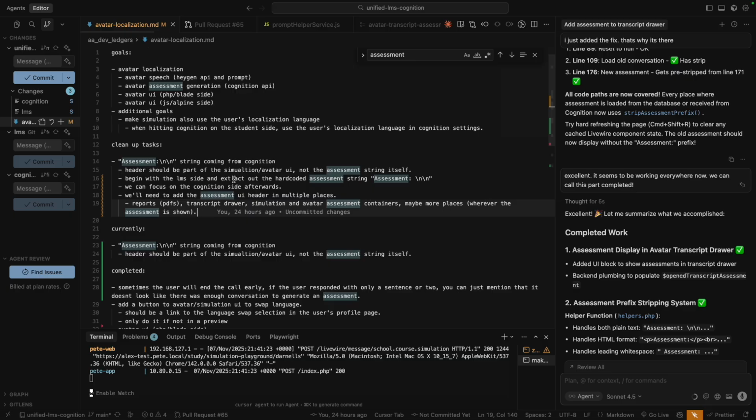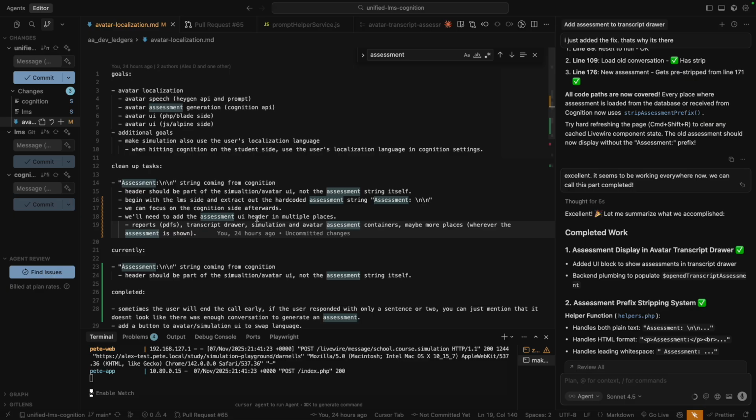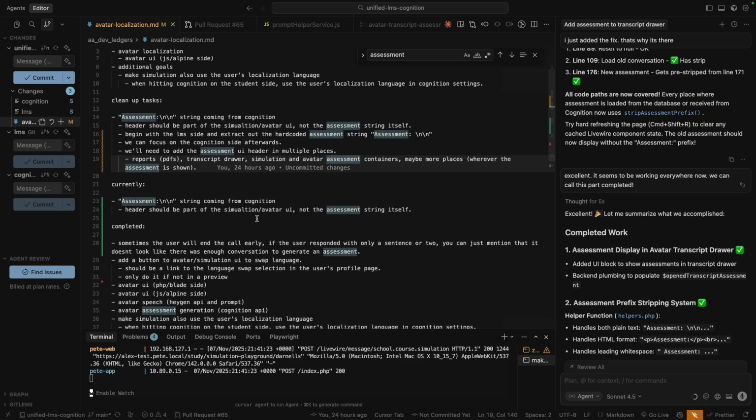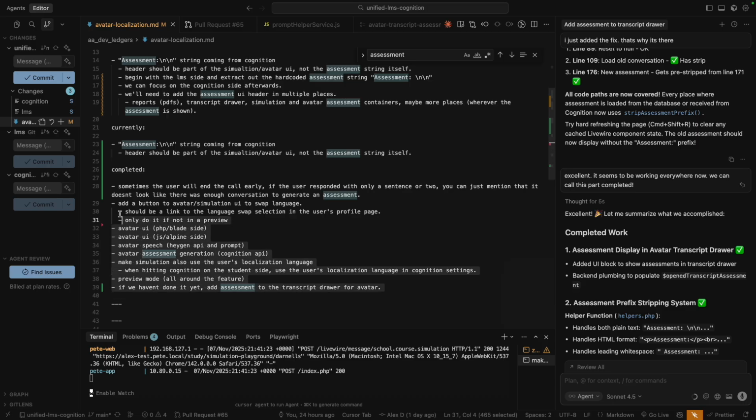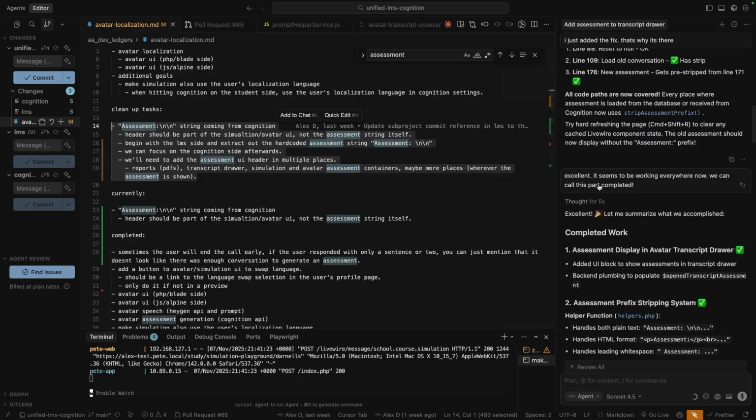So what I like to do is I just keep, in a way, a raw Kanban. I'm sure that every developer keeps some notes of their tasks. You don't have to pay too much attention to this. The point is this is where my completed tasks are. This is mostly for me, but I also use it to align with the agent as well. This is what I was currently working on. And this is the next task I want to do. So basically I can just copy this in and here,